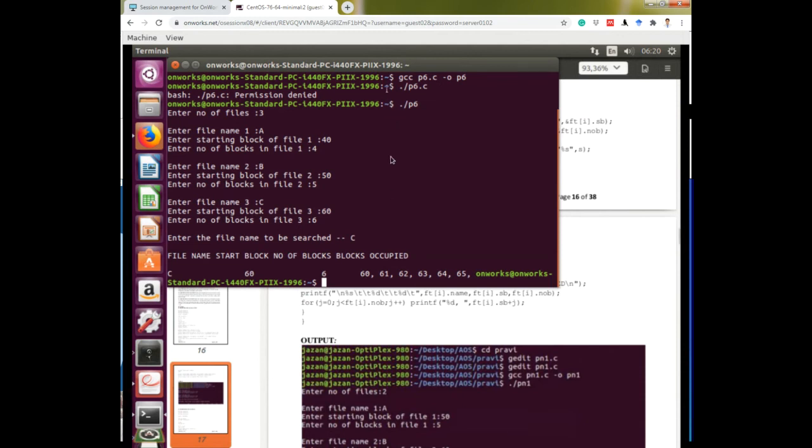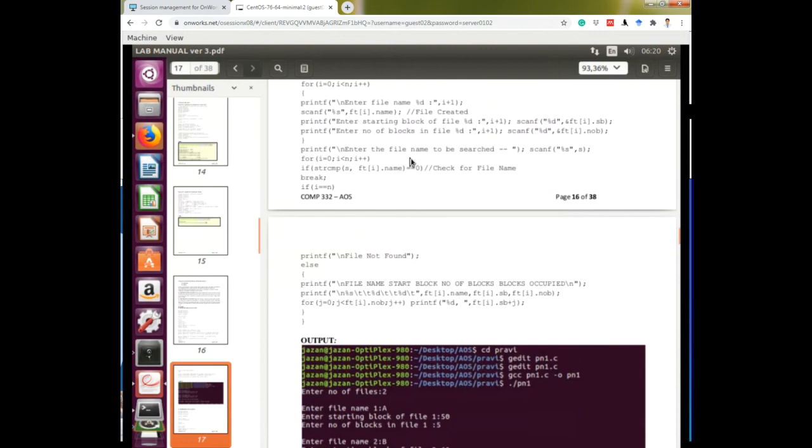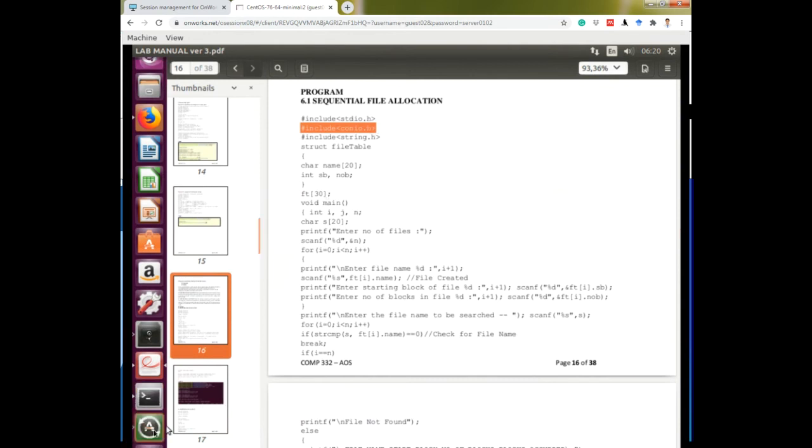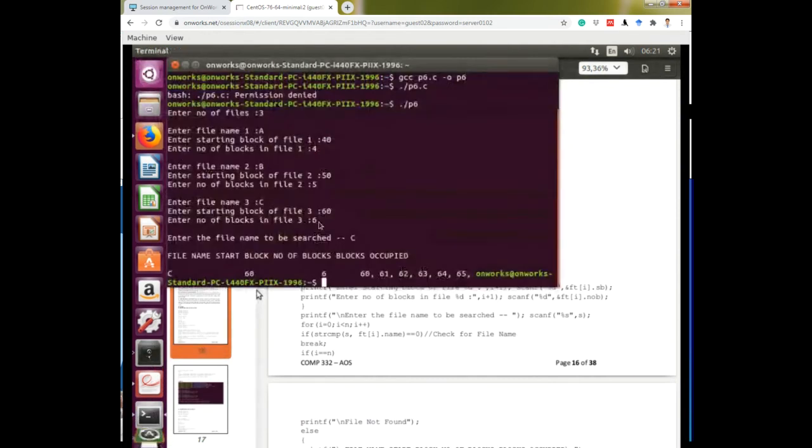From the program you will understand. When you write program 6.1, delete this include conio.h. And when you are typing, remember, here only p6, not p6.c. This is different. This is the command.